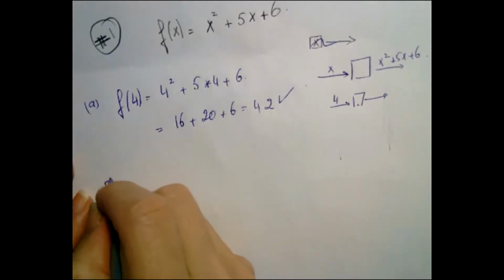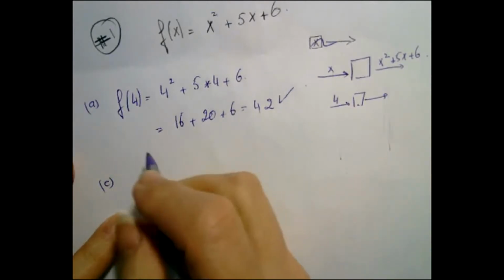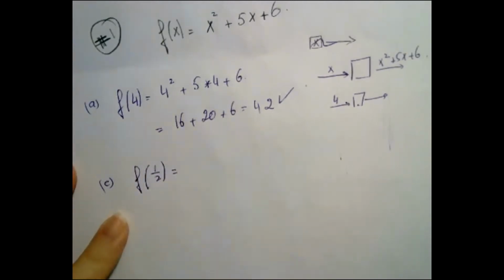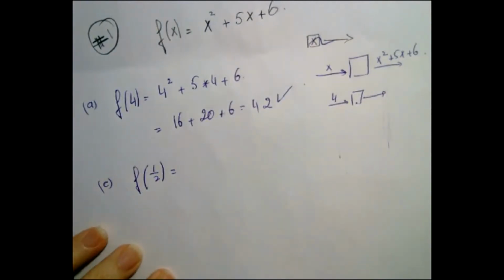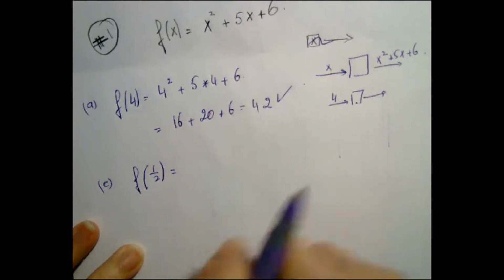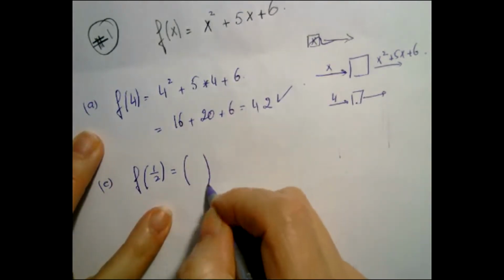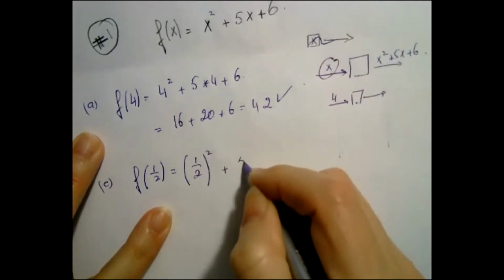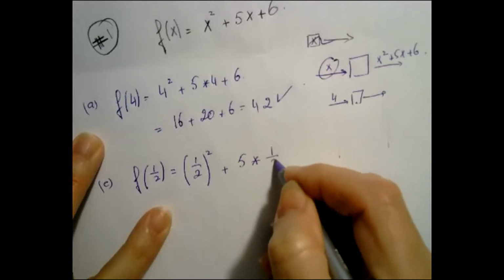Now, C, f of 1/2. And as you realize on your quiz, I want you to express this as usually one fraction. So I don't want you to use decimals if I tell you one fraction, and I don't want you to use mixed fractions. They are not the right way in math, and I want you to avoid decimals. So f of 1/2 is, what does f do? Whatever you give it, it's going to square it plus 5 times 1/2